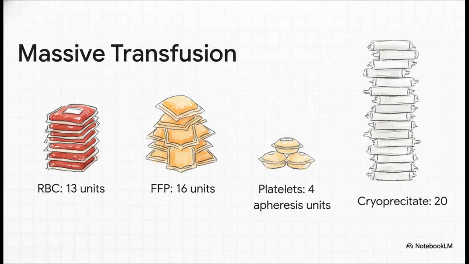The scale of the hemostatic challenge that we just saw in those lab data is really reflected in the sheer volume of blood products it took to keep this patient alive. We administered 13 units of packed red blood cells, 16 units of fresh frozen plasma to try and replace those coagulation factors, 4 apheresis units of platelets, and a massive 20 units of cryoprecipitate, specifically targeting that critically low fibrinogen level that we just saw. This was a true massive transfusion protocol, guided in real time by lab data, all in an effort to walk that fine line between exsanguination and thrombosis.